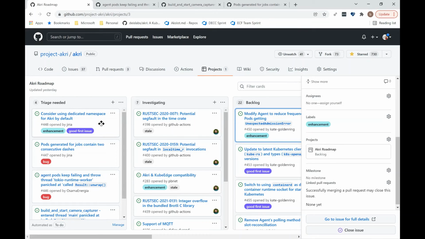Yeah, and this one, we should maybe adjust our Helm charts to use Akri as a namespace for all of our resources. I think that sounds the way it should be to me. I'm not sure of our reasoning for not doing it initially, or if there are Helm recommendations against doing something like this. It sounds natural to me to do. I would move this over to the backlog.